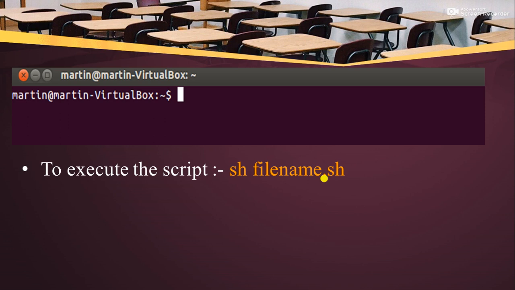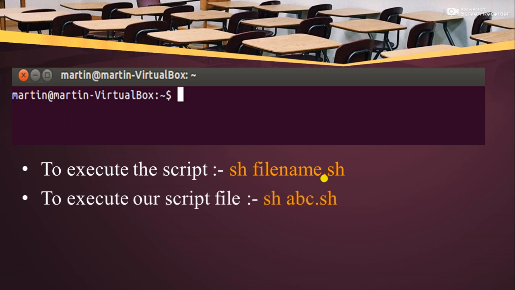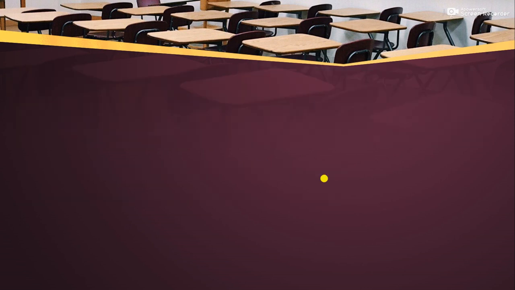Over here our file name is abc, so we will execute our script by sh space abc.sh. This is how the script will execute and our output will be displayed on the screen, that is, have a good day. After we have entered, the $ sign will be displayed again to use another command on this command screen.